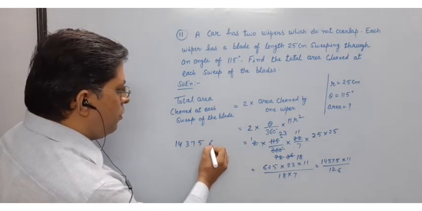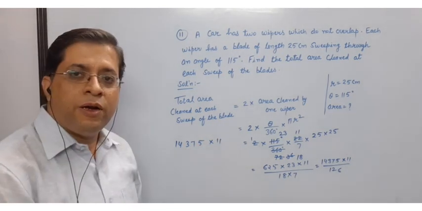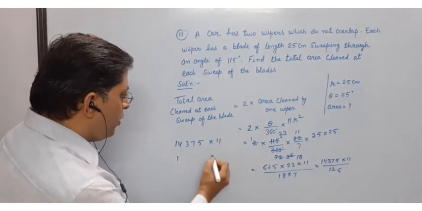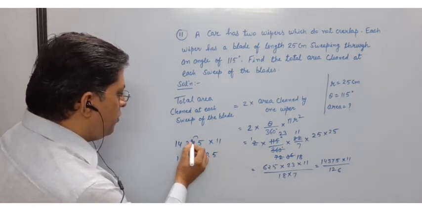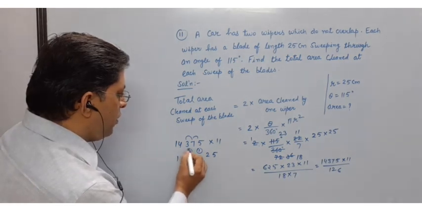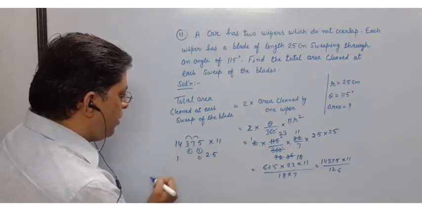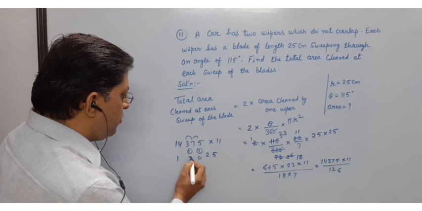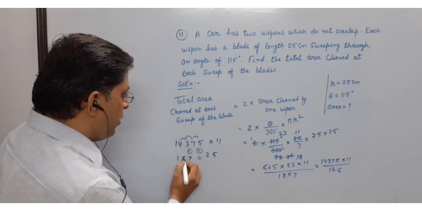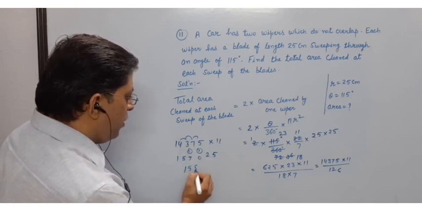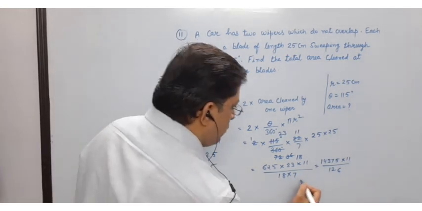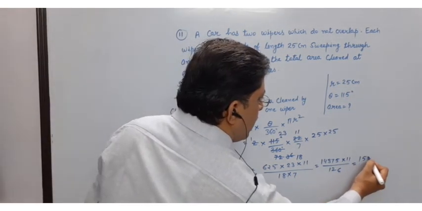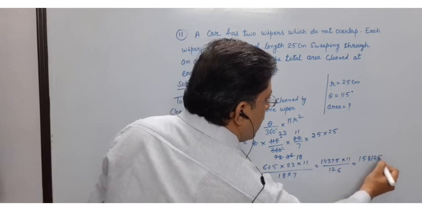14375 into 11. How to multiply it? Check. 1 and 5 is here. 7 plus 5 is 12, carry 1. 10, carry 1. 7 3s are 10, carry 1. 4 plus 3 is 7. So 5. 158125. Okay, so this will be 158125 upon